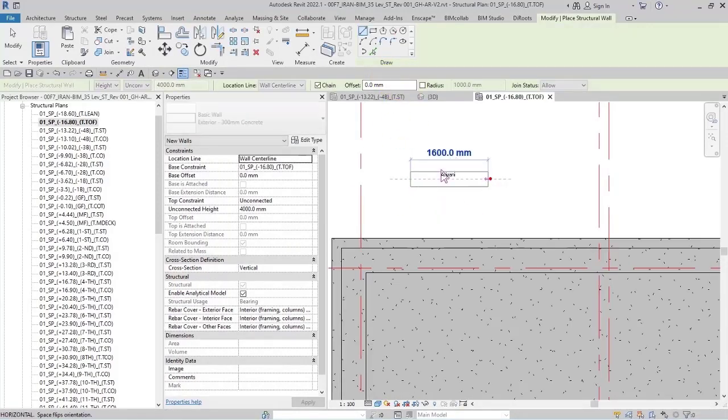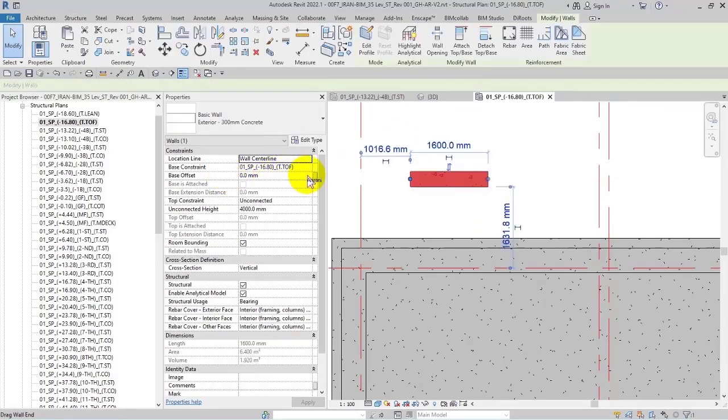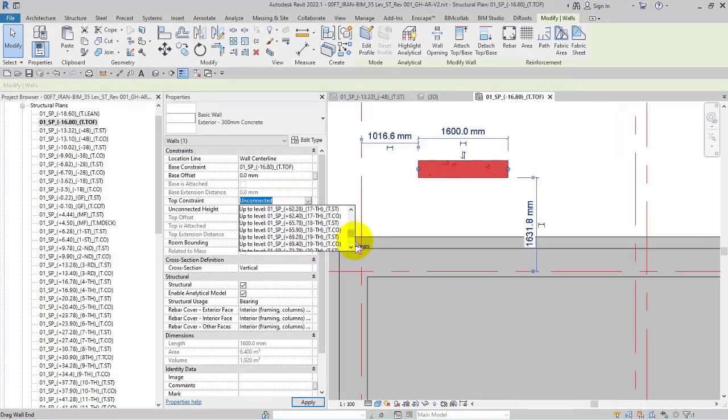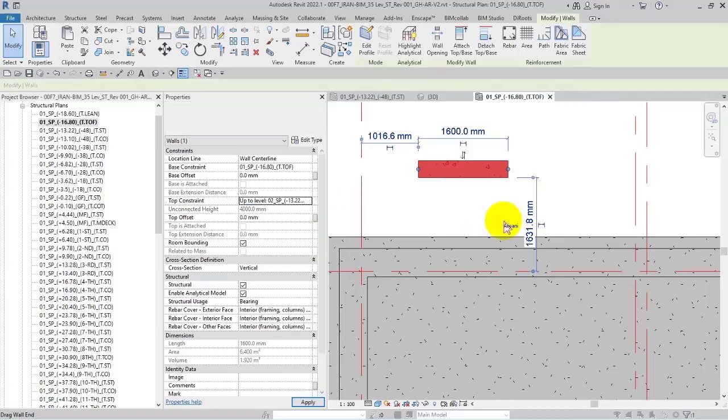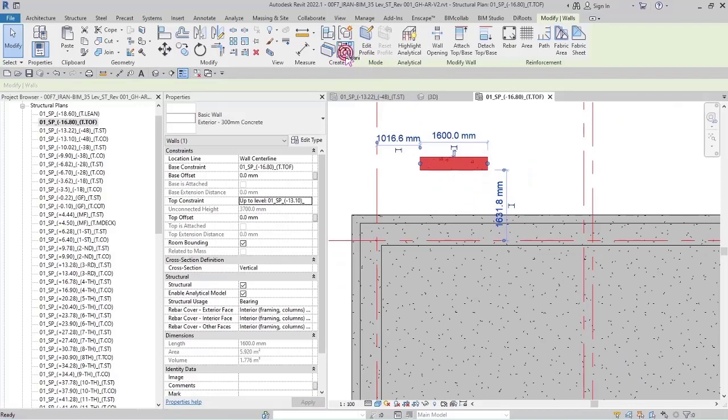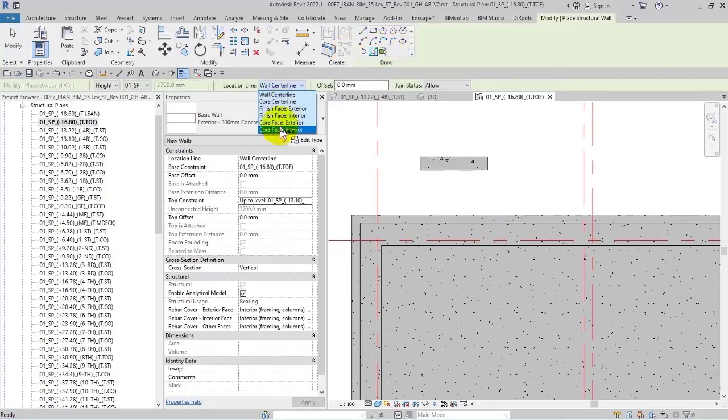I will draw a wall here. Let's go back here, and this is 16.80 for the start, and here, and minus 13.22. Okay, the minus part is okay here. Let me open this here again. Where is the top of concrete form of 13? Oh, it's here, this one. Okay, now it's right. And create similar, pick line, and core face exterior, and like this I will draw this